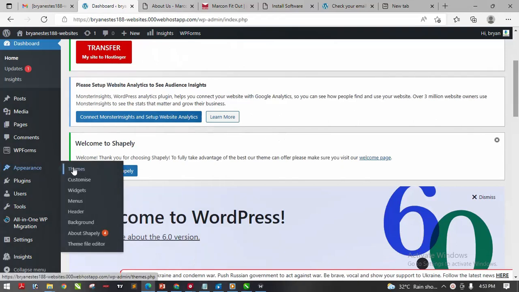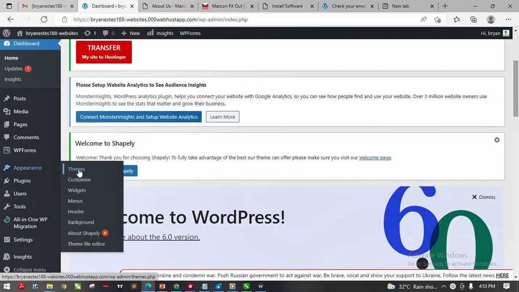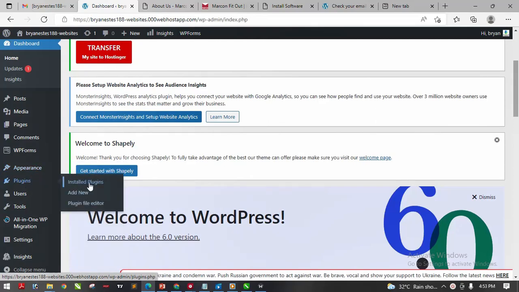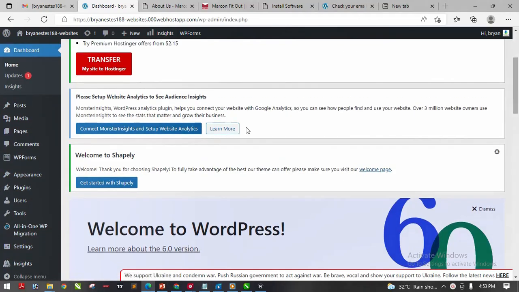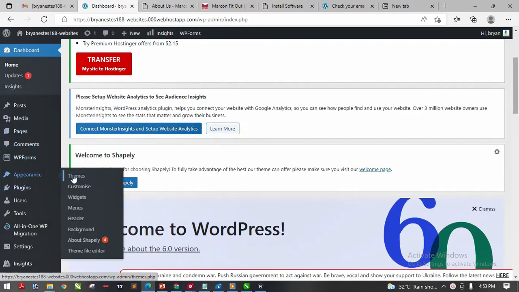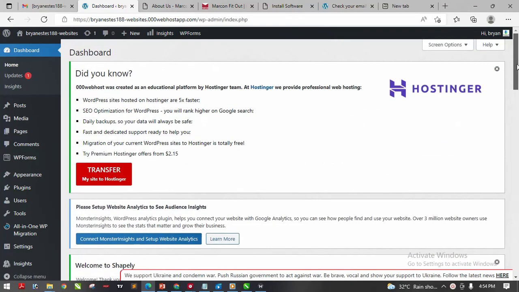and inside this Appearance is where we can also install our theme. This is the plugin area where you can install plugins. If you remember, I've actually talked about all these things in our WhatsApp class. So this is where we can install our themes. This is where we can install our plugins. But this class is just an overview class, just to show you how the environment actually is. So we won't be going into any of it for now, but in the coming classes we'll be looking at each one of them deeper,